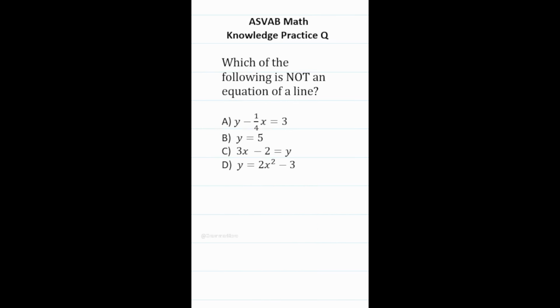Solve this ASVAB math knowledge practice test question in 60 seconds. It says this: which of the following is not an equation of a line? So remember, equations of lines can be represented in four different forms. You have slope-intercept form, which looks like this: y equals mx plus b. You have the point slope form, which is y minus y1 equals m times x minus x1. You have a vertical line where x equals some constant a, and you have a horizontal line where y equals